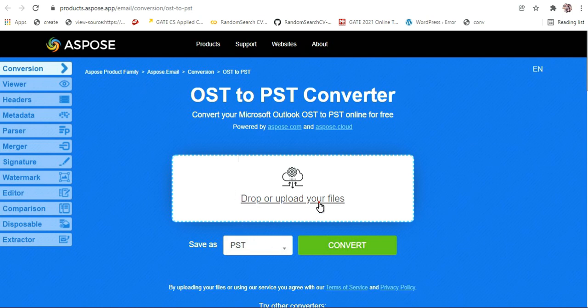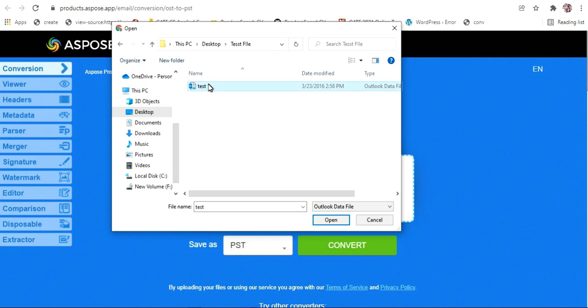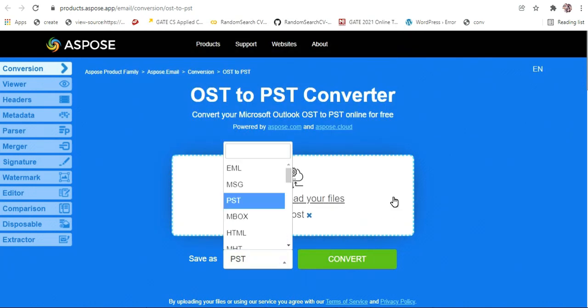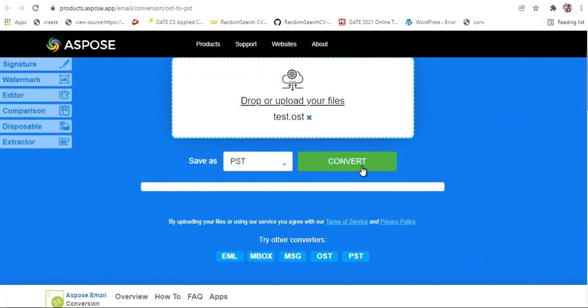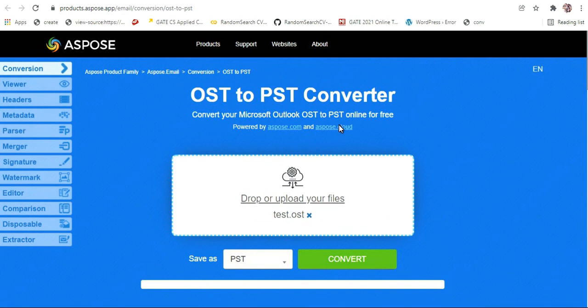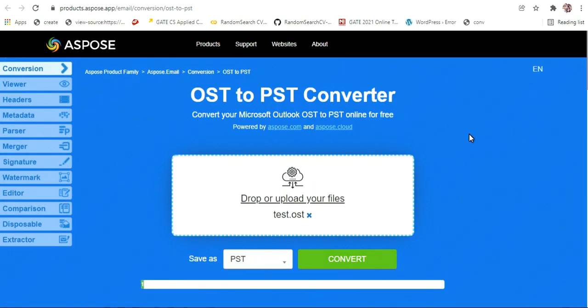You will just need to upload your OST file here, and then choose the format in which you need to convert the OST file, and then click on this convert button. It will take some time and will give you the converted PST file that you can easily import in your Outlook machine.